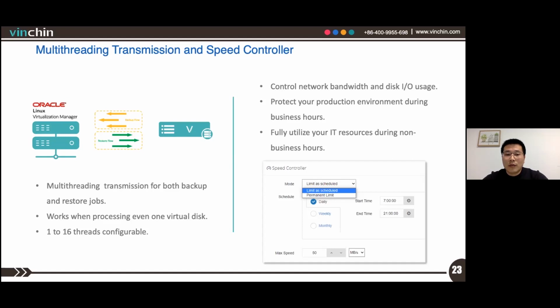So with the multi-threaded transmission and the speed controller combination, both your business critical services and the backups can run smoothly in different time durations. And by the way, multi-threading is only applicable to backups running through LAN. For LAN-free backup, multi-threaded data transfer will not be required.